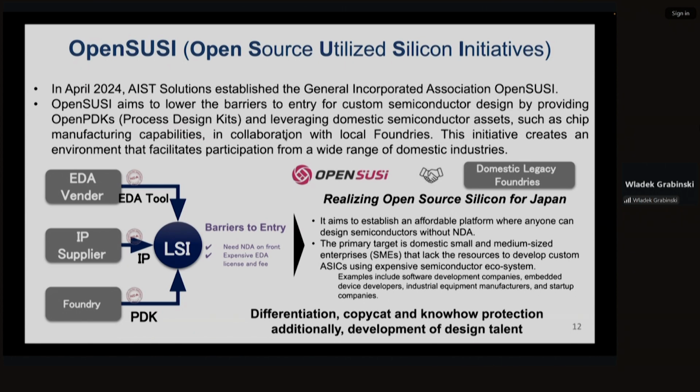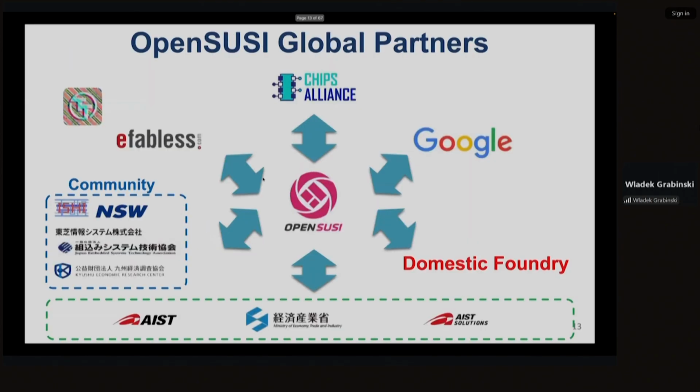They call it Sushi. Who does not like sushi? But in this case, it's about Open Source Utilize Silicon initiatives. They are trying to break all the barriers to enable access to open PDKs, even IPs and foundries' open PDKs. All work is in progress, and I hope they will announce the first open source PDK in Japan soon.